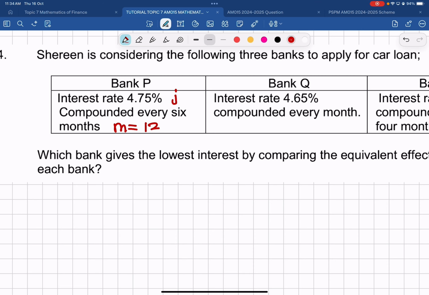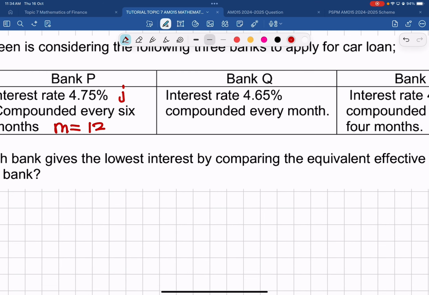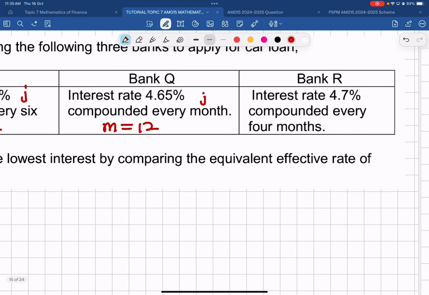12. Bank Q, interest rate of 4.65% compounded every month. Ni baru M. 12. Okay. Bank R, interest rate of